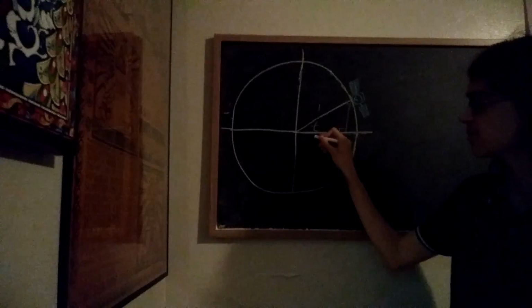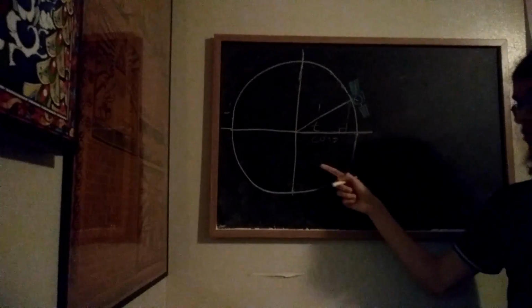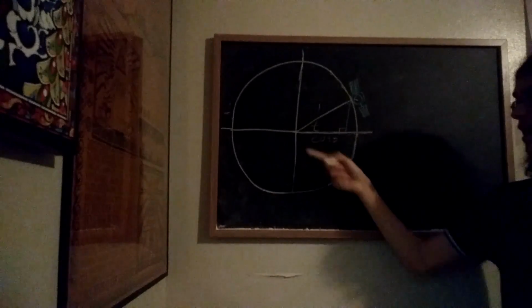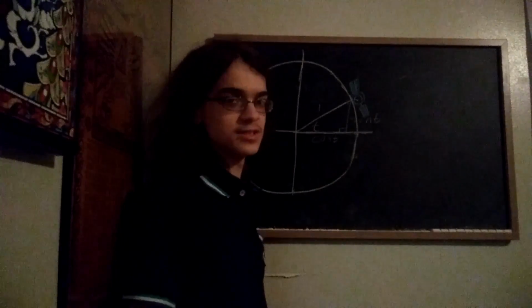And so the position of the satellite at any point is going to be cosine of t in the x direction, where t is both the time and the angle, and the sine of t over here. So let's say the planet that the satellite was orbiting vanishes, and so the satellite can only drift